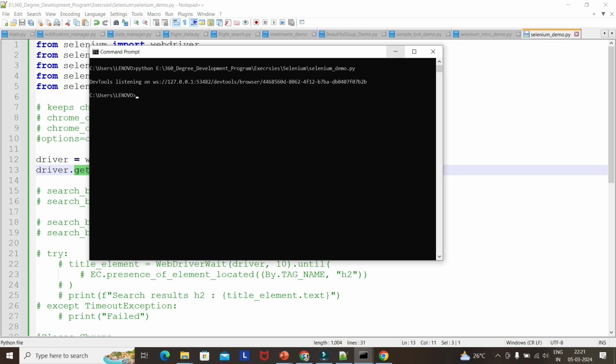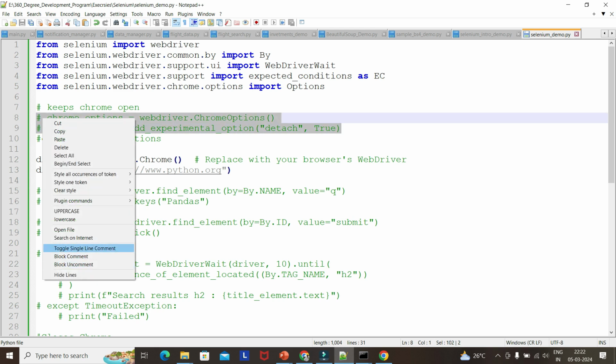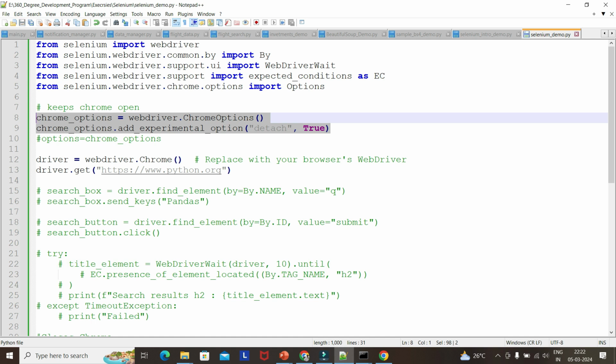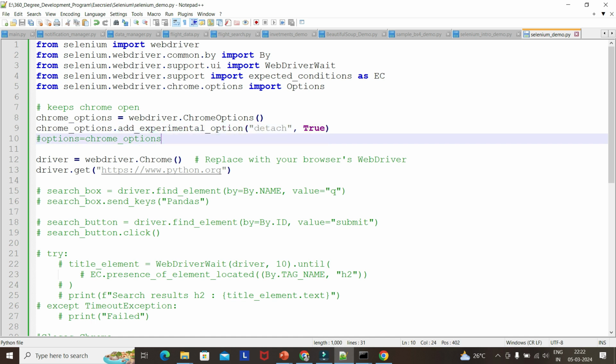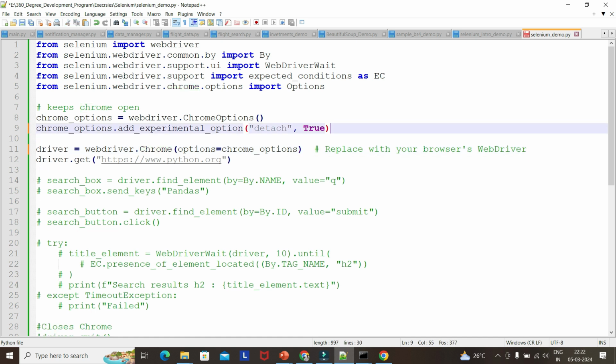Because it's an automated script, once it starts it will open and automatically close. But if you want the Chrome browser to stay, this is the option we need to give. From Chrome options, we are getting Chrome options, adding the detach option equal to true, and then passing those options into the Chrome driver object we are creating. Now if I rerun the same thing again,